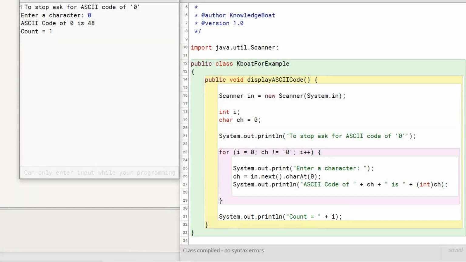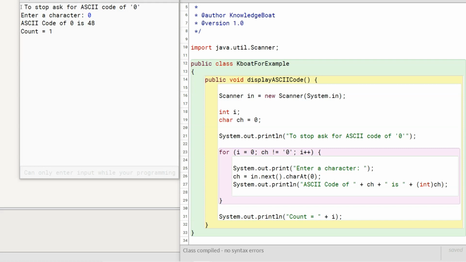I hope this gives you some idea about the versatility of the for loop. The next variation that we will learn is even more interesting. The initialization, condition, and increment-decrement part of the for loop are optional. You can remove any or all of them if you want. For loop will still be syntactically valid.